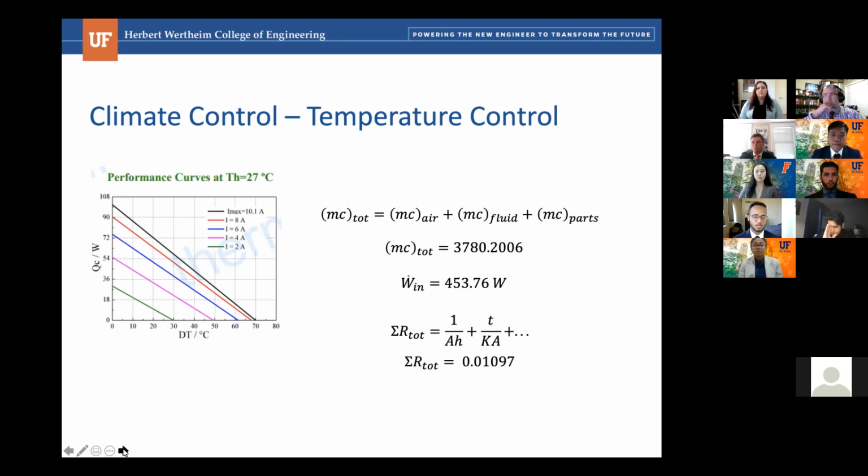And this resistance total was taken into account because the temperature coming in from outside of the specific system will fluctuate as it enters the system. It encounters resistance from the air, as well as the specific materials such as the aluminum and the styrofoam used inside the system. So as we see on our next